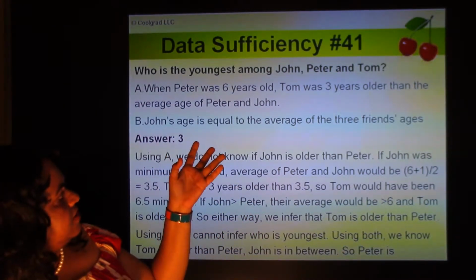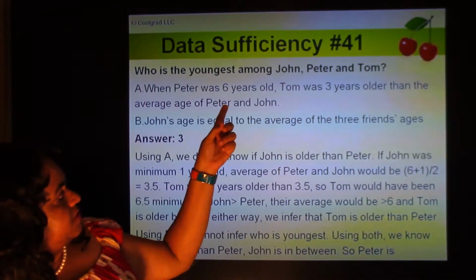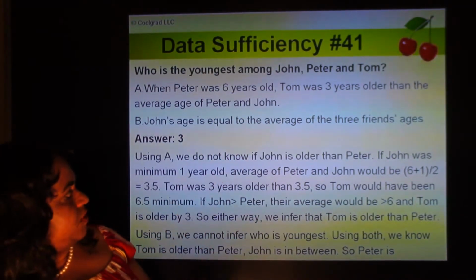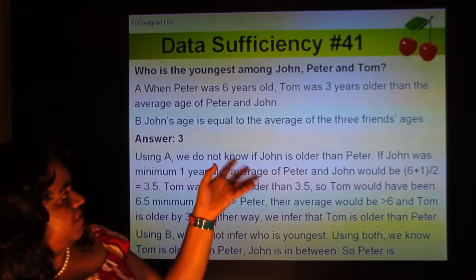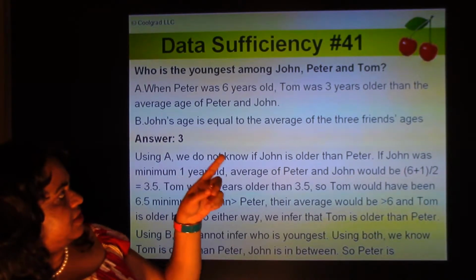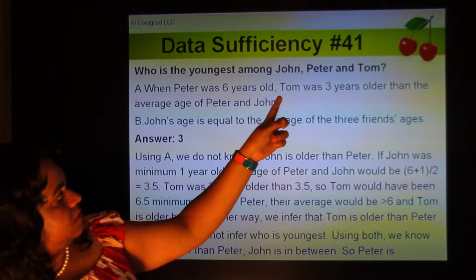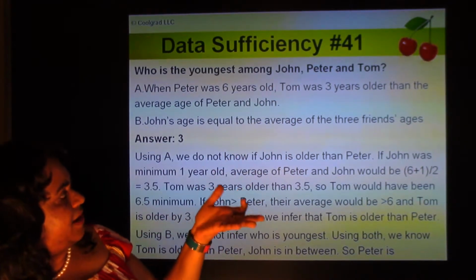That's John's age. So when Peter was 6 years old, how old was John? John was Peter plus John plus Tom divided by 3. So 6 plus j plus t divided by 3,